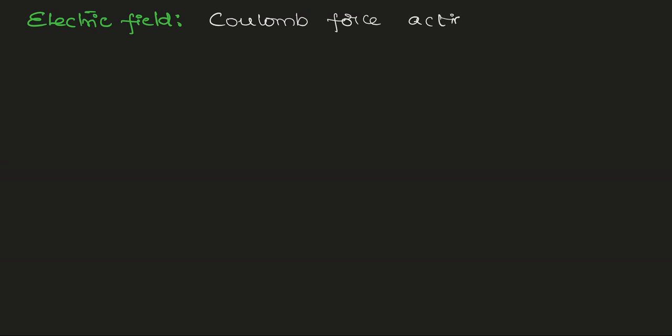So electric field, we can define electric field like this: Coulomb force acting per unit test charge. So we'll represent it generally with E, that is force per unit test charge, and its units are